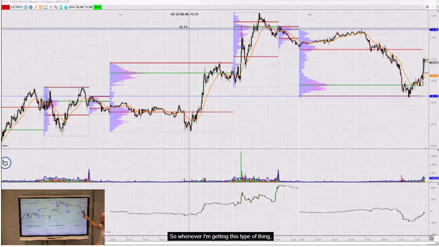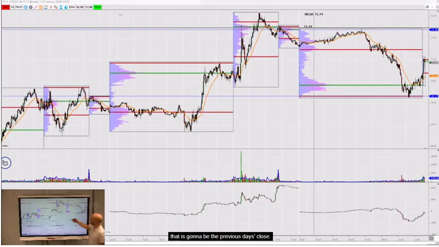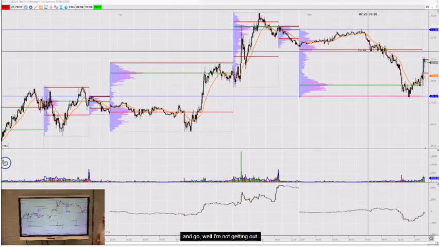So whenever I'm getting this type of thing, what I'm interested in is whether we can then start to try and reverse it. If you're opening within the previous day's range, my target on something like that is going to be the previous day's close. You obviously look at levels along the way. I'm not going to get here, see it struggle and go, well, I'm not getting out, it's got to go there. If it gets to 71.20 and it sticks and it looks like it's struggling, fair enough, or you could at least cover something. But the wider target is to get all the way out to the previous close. That's why I would have a full session chart, just so you can distinguish those two